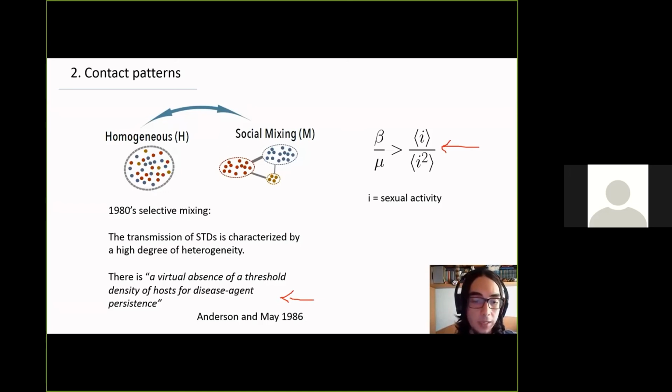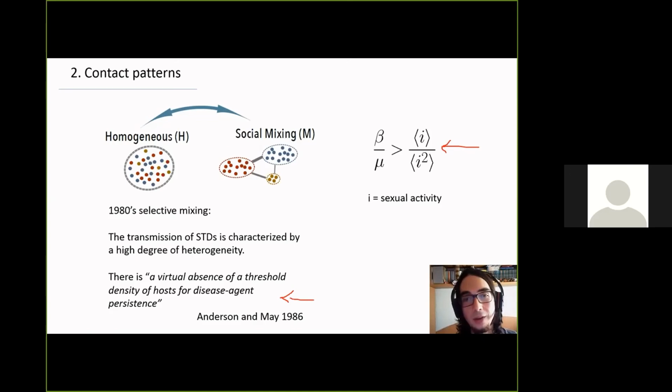But we've reached here from very different perspectives. So in the other one, if you remember, in a network, you consider that each individual has a certain degree, and then you say, okay, every individual has a certain number of connections, but I'm going to assume a mean field approximation where individuals with the same connectivity will behave the same. So essentially, you are going from the individual to the group.